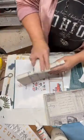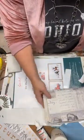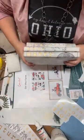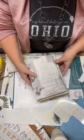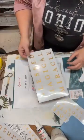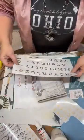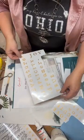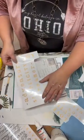Okay, so here's what we've got so far. Curiosity, Hope, and Happy. Okay, so next, let's see. I was thinking we could use one of these bigger words on here, but they're too long. I don't think any of these are really going to work either. Simplicity, nope. Joy, but I think that's more Christmas. Dreamer could work. True could work, but...